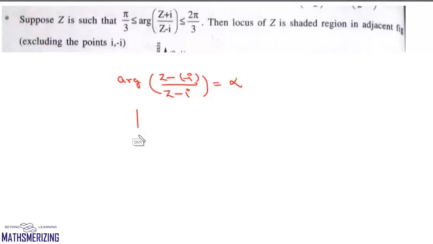So what we'll do is, we'll draw the axis, and then we have 2 points, iota and minus iota. Now we consider a circle passing through iota and minus iota,